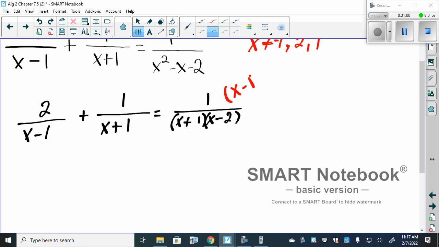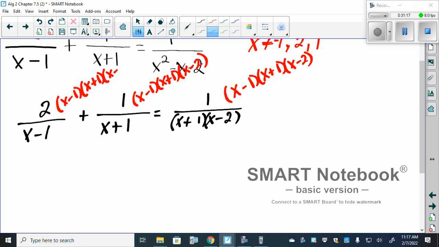X minus 1, x plus 1, and x minus 2. We multiply each term by x minus 1, x plus 1, x minus 2. And in the first one, the x minus 1 and x minus 1 would cancel. In the middle one, the x plus 1 and x plus 1 would cancel. And in the last one, our x plus 1 and x plus 1 would cancel, and the x minus 2 and x minus 2 would cancel, leaving us with